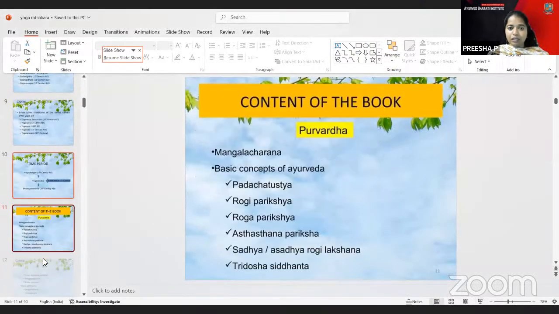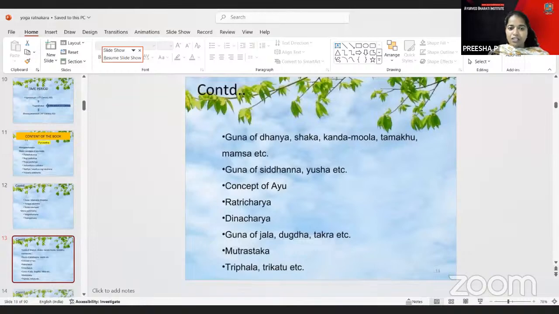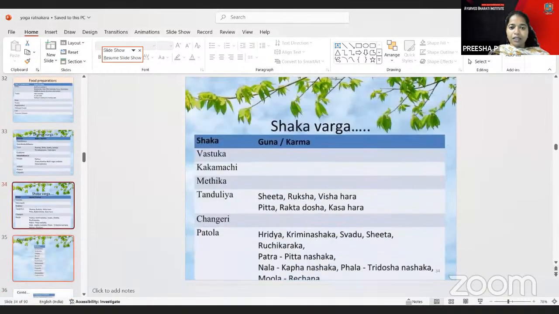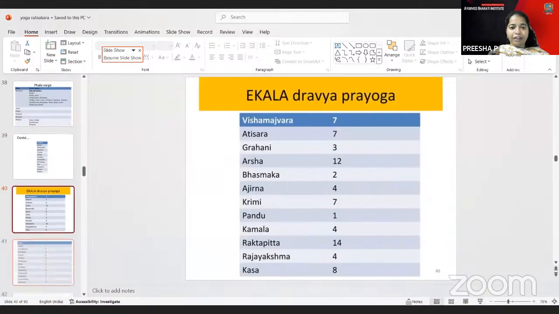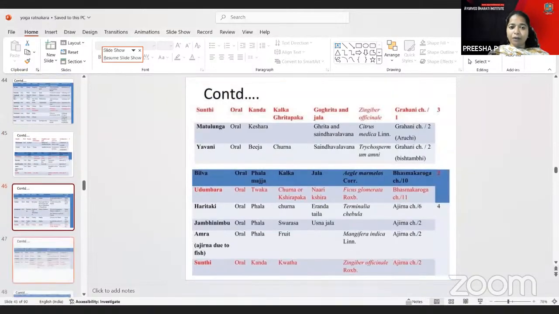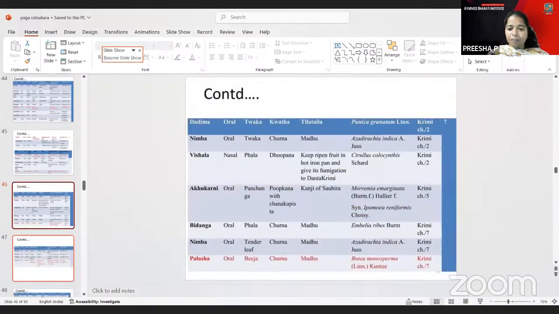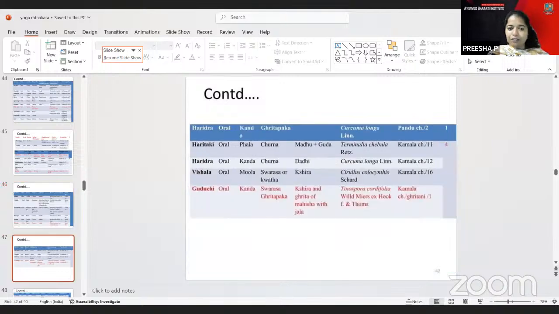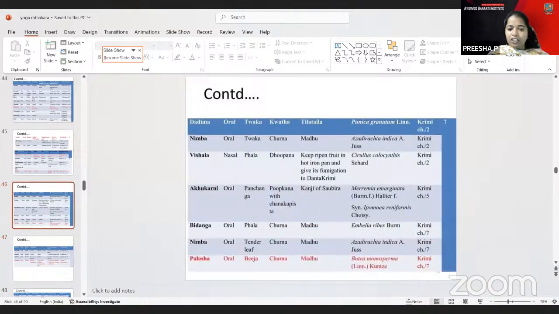Other than this one, Vijaya, the central part we have covered. Phalavarga is also covered, and the Ekakala Dravya Prayoga. Then Palasha Bijavat, Krimi Lakshana. Like that, questions can be asked here. The Palasha Krimivat Lakshana. So here, one is regarding the Guduchi, and one is regarding the Palasha, the Guduchi aspects mentioned here.